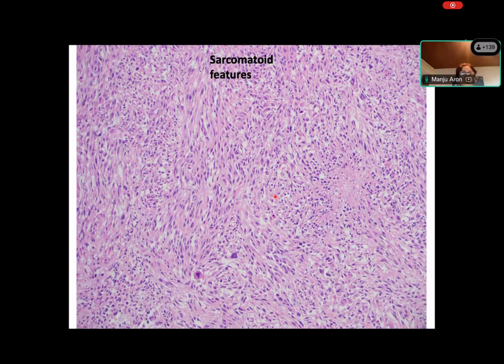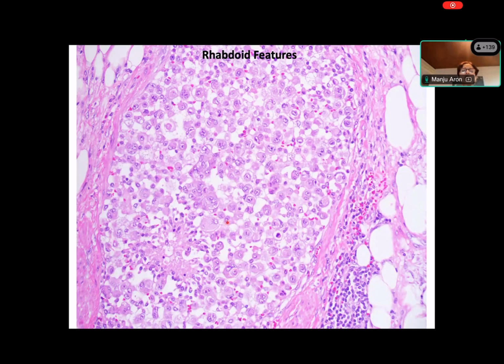Now, as I mentioned, you can get sarcomatoid features. If you take sections from those solid white areas, you will see a growth pattern where the tumor cells are spindled in appearance, growing almost in fascicles. That's sarcomatoid tumor. Sometimes you can have areas within clear cell RCC where the nuclei are eccentric and you have this inclusion-like cytoplasm, and those are the rhabdoid areas within the tumor.